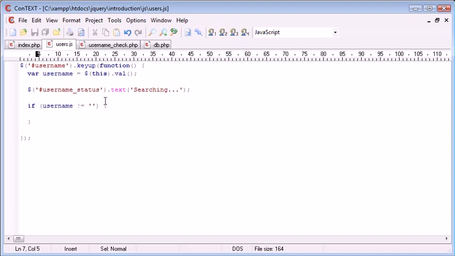So we pre-check the username if it's equal to nothing. If it isn't equal to nothing, that means it must be equal to something. So we can go ahead and start calling username check.php or sending some data to this file. So we use the post HTTP request. This is the basis of it. However, we're going to supply 3 parameters to this. The first parameter is going to be the file that we're checking inside of. So this is